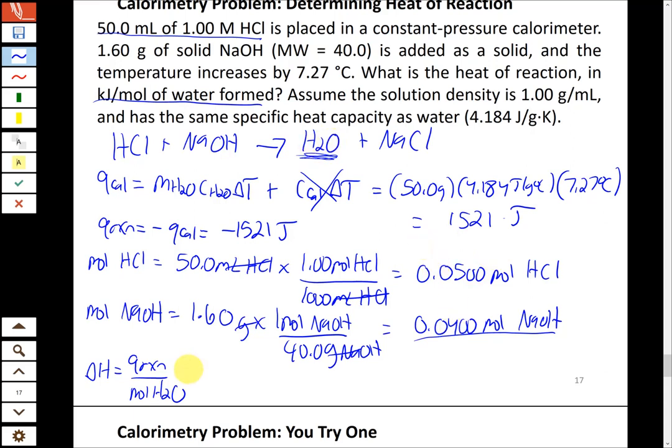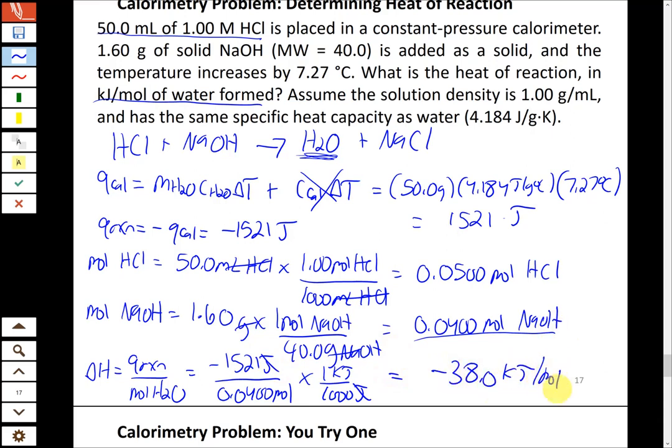So we're going to divide those two. So we have heat of reaction is negative 1521 joules. The amount of water that's formed is 0.04 because that's the amount of limiting reactant we have, and it's a 1-to-1 reaction. And then we're going to convert to kilojoules, same way, divide by 1,000. Do it in one step. So we get minus 38.0